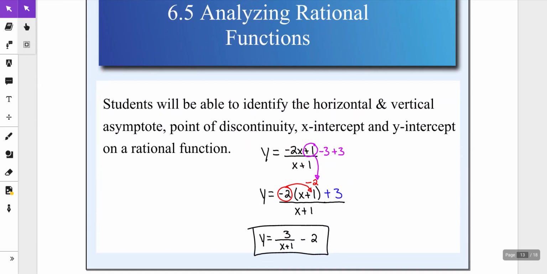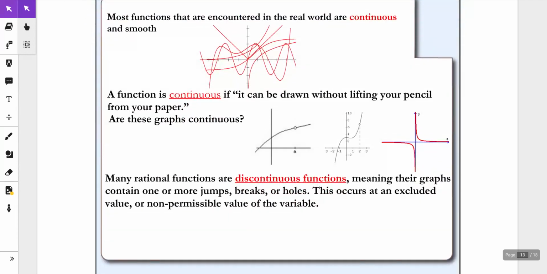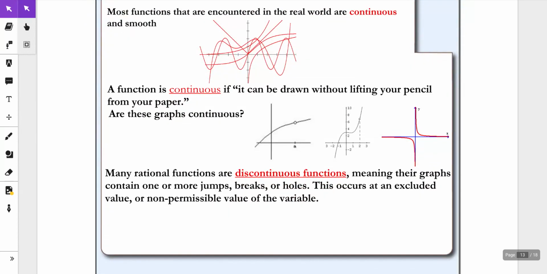Okay, let's do 6.5, Analyzing Rational Functions. This shouldn't be too hard. Continuous functions versus non-continuous functions, which is a discontinuous function. It's something you actually, I think, learned a long, long time ago. Like when you were in elementary and first started doing graphs, they would have talked about continuous graphs and non-continuous